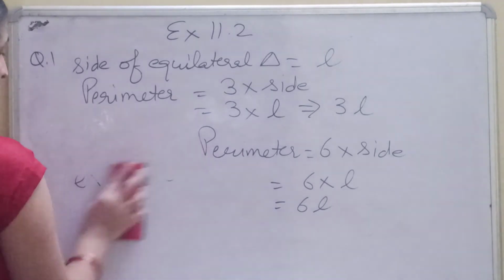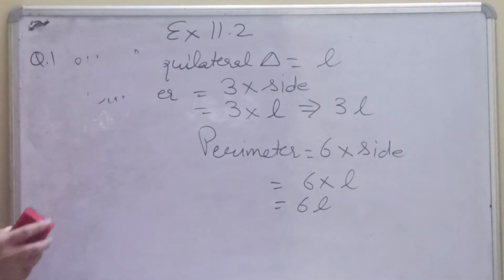Now question number 3. Let's start that. So in question number 3, what we have is that a cube is a 3-dimensional figure as shown in figure 11.11. It has 6 faces and all of them are identical squares. The length of an edge of this cube is given by L. Find the formula for the total length of the cube.